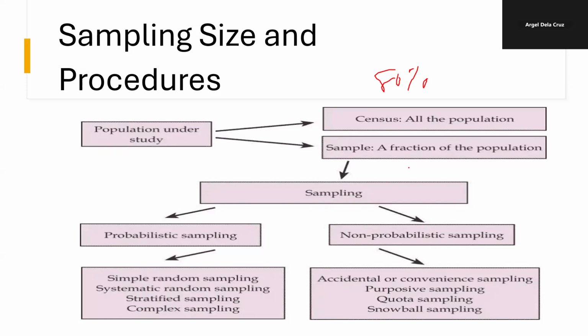Let's say, yung mga tao na pupunta sa Quiapo, hindi natin alam kung gaano karami pupunta sa Quiapo because there is no statistics that counts the number of in and out going to the Quiapo or to the plaza. Right? So that is most likely finite, or sorry, infinite. So if infinite siya at wala tayong statistics, we're going to get the ideal sampling size by mimicking or by estimation.